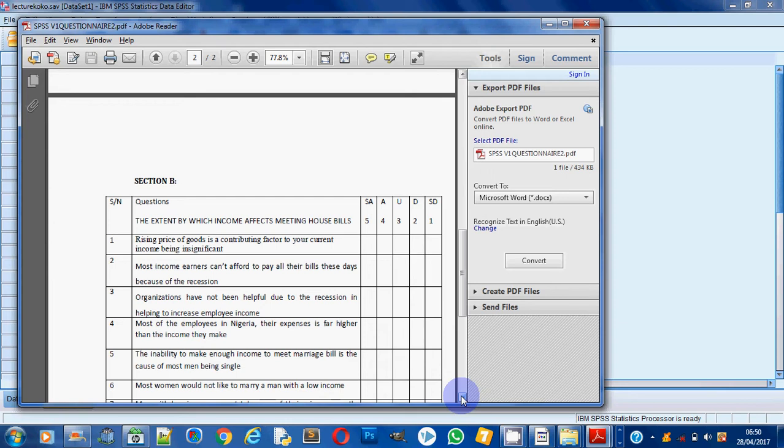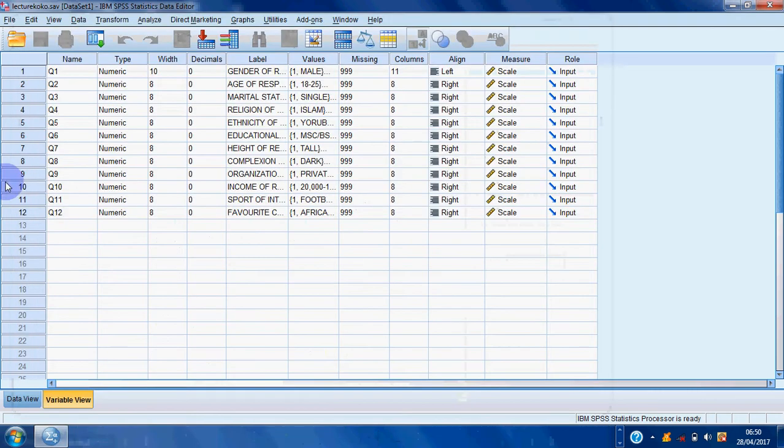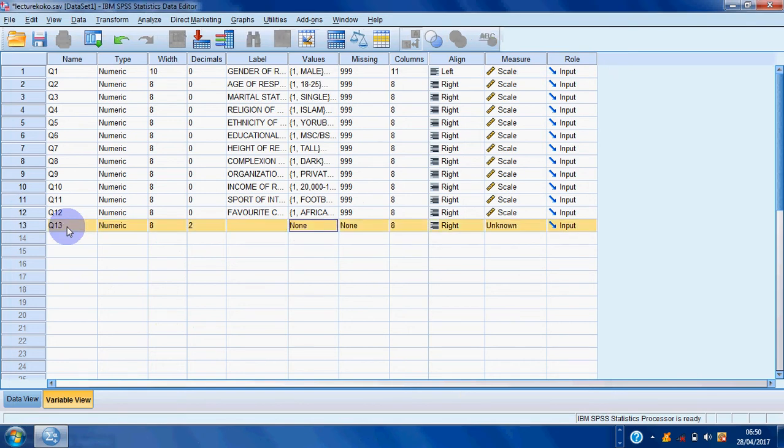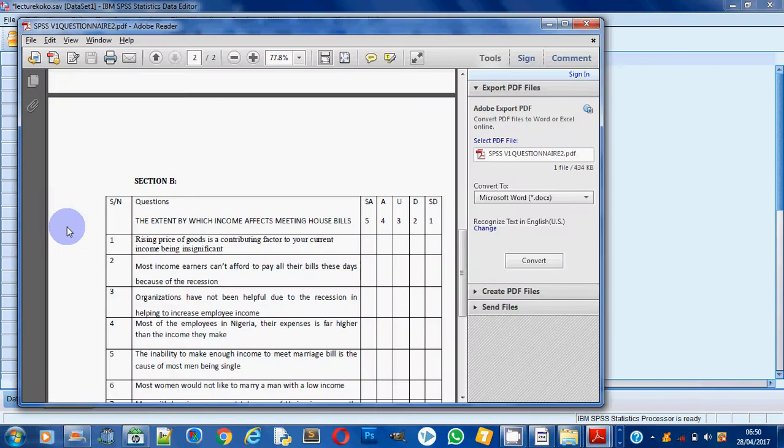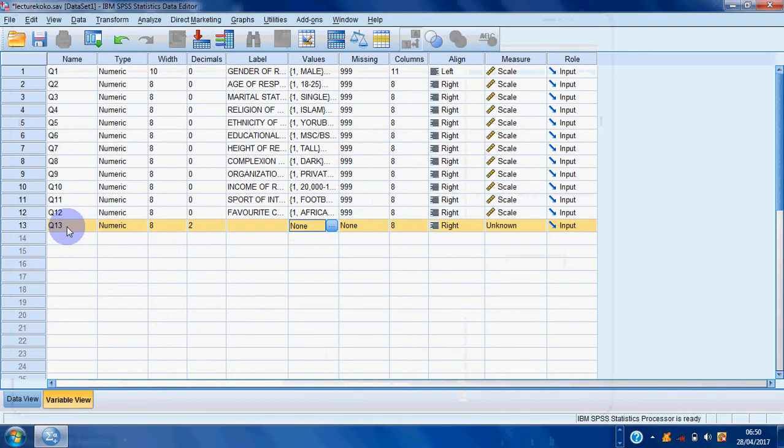So I'm going to go ahead and input this on SPSS. So let's go ahead and see how I'm going to do that. So I'll call that question 13. Okay, question 13. What's the question? Just type in question 13. I'll put on the label, type the question: rising prices of goods and services